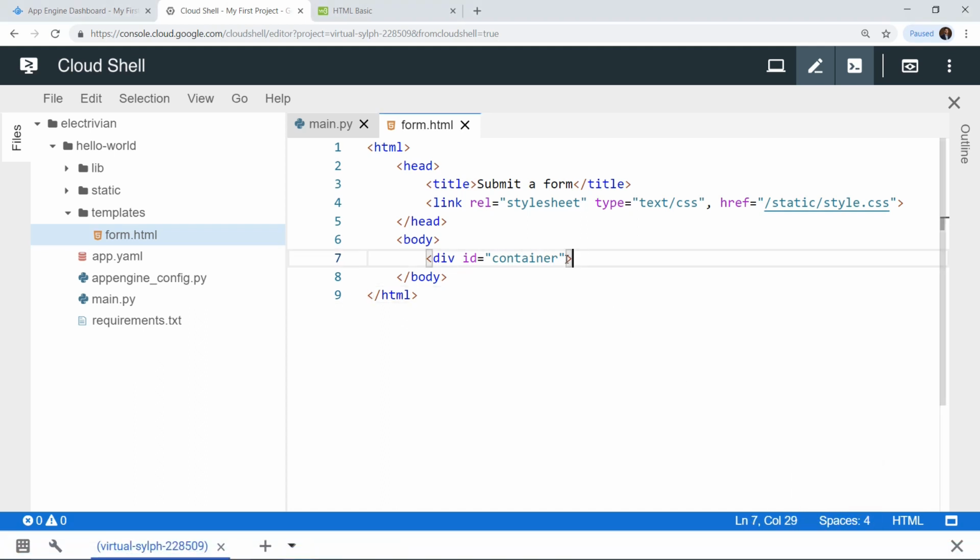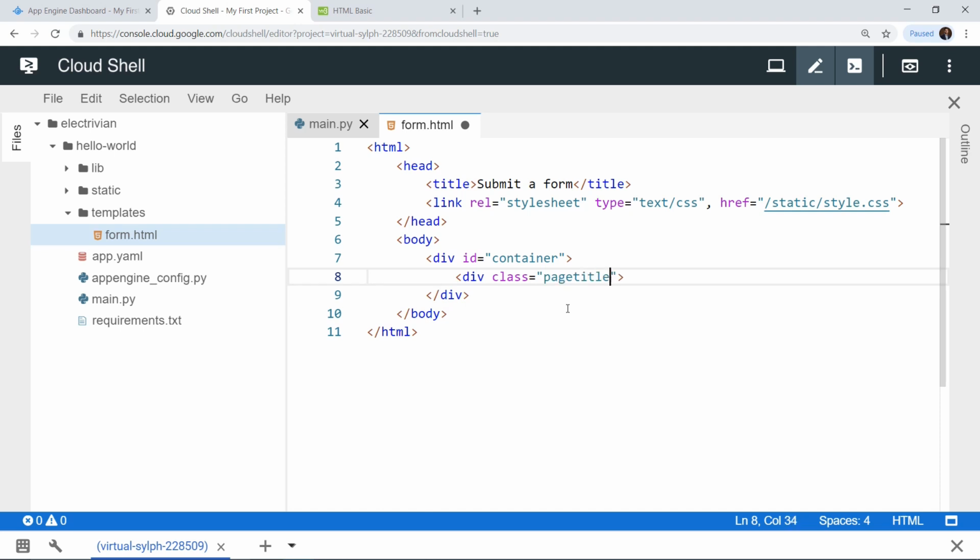Okay, so now after giving the div an id, now let's close the div by typing in /div. Okay, so the reason we are giving this particular div an id is because later on from the CSS file we'll be modifying the properties of this particular div, and that is why we are giving it an id. So now inside this div let's add another div. Okay, so over here we have div, and then inside this div we are giving a class. So this class is equal to page title.